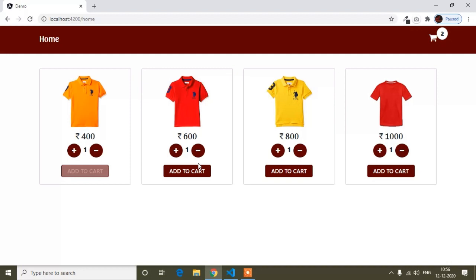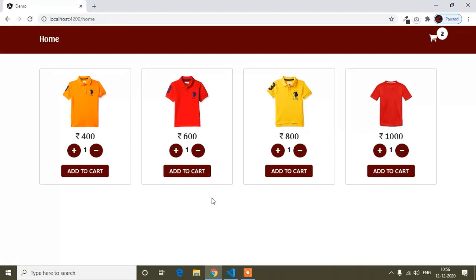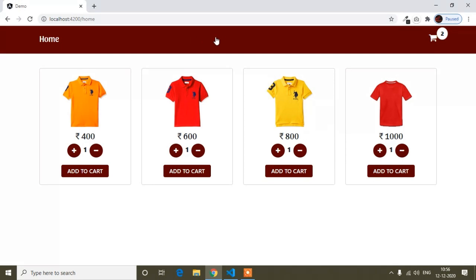I mean, if you add 4 products, it will show 4, and if you add 3 products, it will show 3. How you can do that, I will discuss in this video. I already showed you how to store a value into local storage, and now every functionality we have to write in the header component.